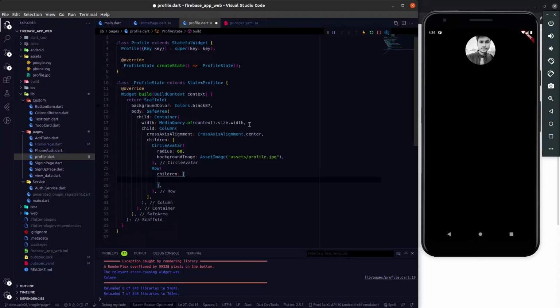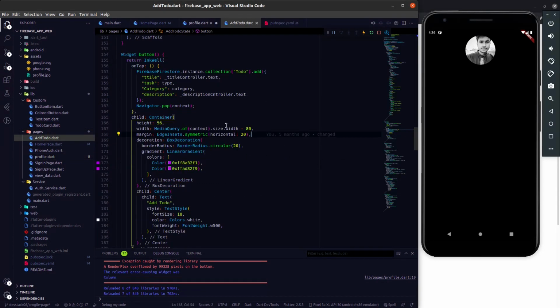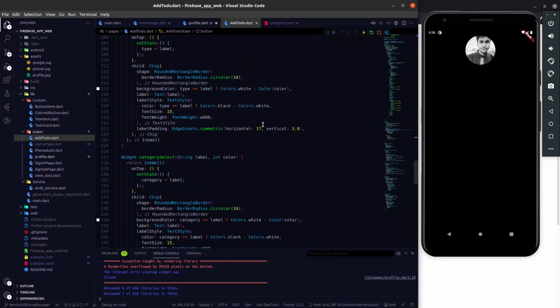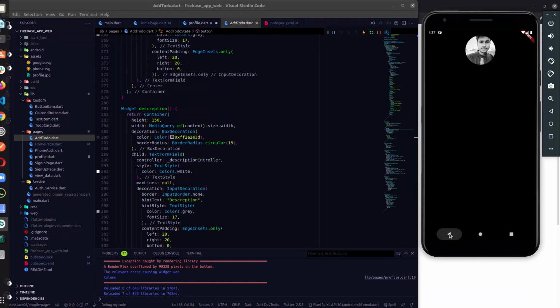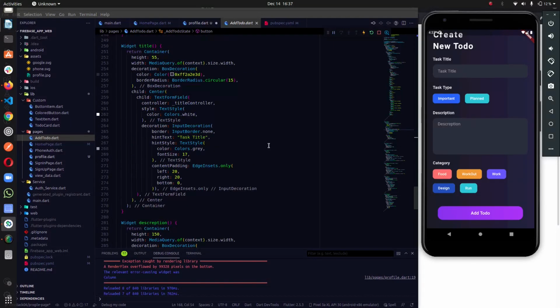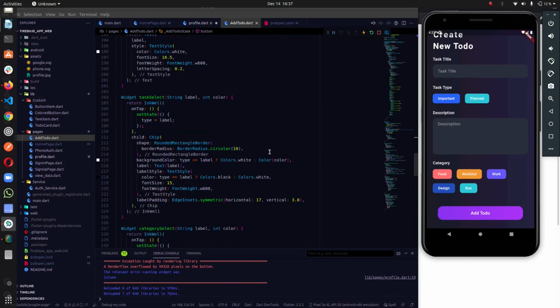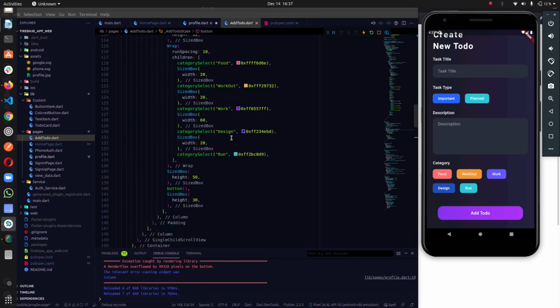As of now let's copy the button we created for our add to do page. I will show you what the add to do page button was. I'm going to use this button which we just created, so let me just use it. You already have that code, right?